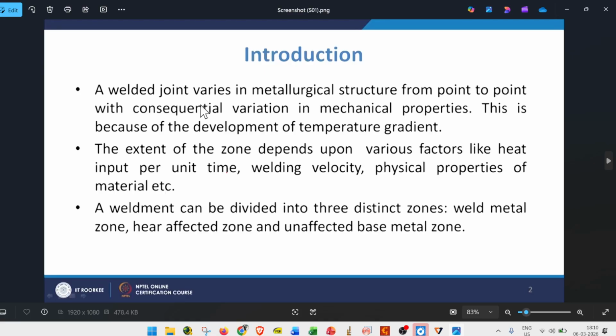Okay, a weld joint varies in metallurgical structure from point to point, with a consequential variation in mechanical properties. This is because of the development of a temperature gradient. So, as we have seen,